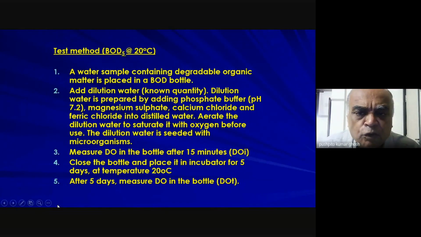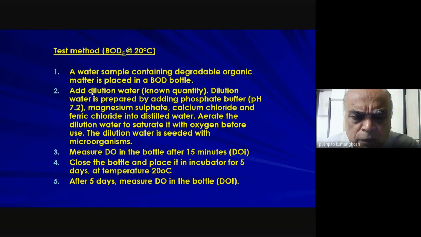So this is what you do. You take whatever organic matter is degradable, could be sewage water, things which one can normally biodegrade, and you take it into a bottle with a fixed volume, typically about a 300 milliliter bottle,